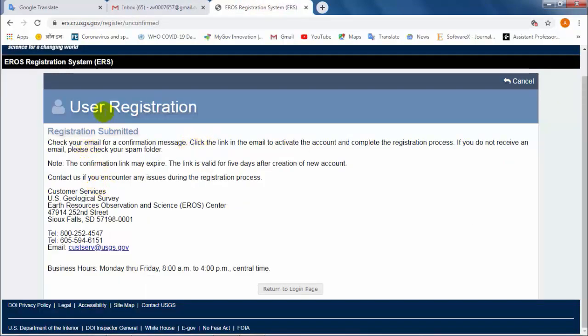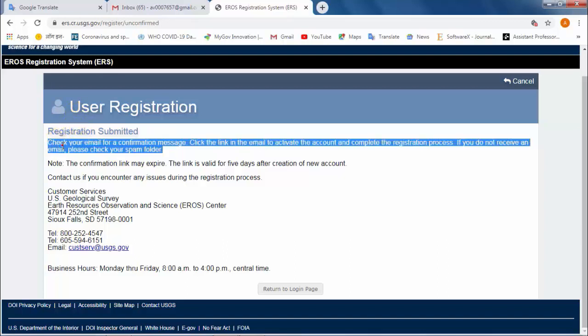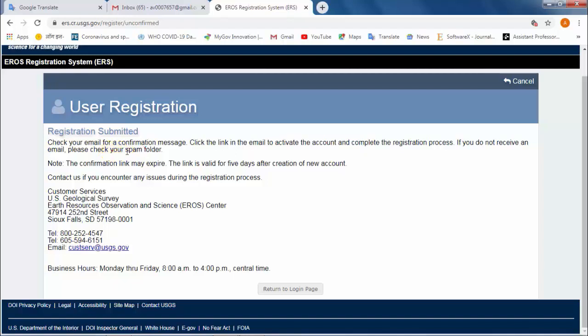Okay, it is the mandatory task, so you can register with these options, and you can submit your registration. They will send you one email, and you have to confirm only that confirmation link. Automatically you will get the registration, whatever data we have provided, with username and password. So likewise you can do the registration with USGS.